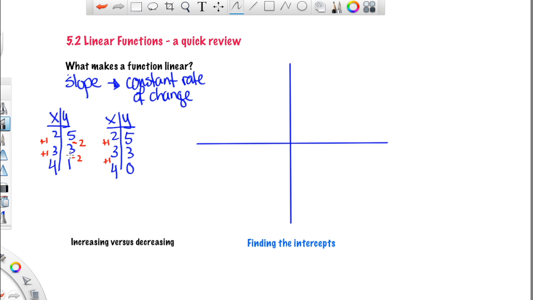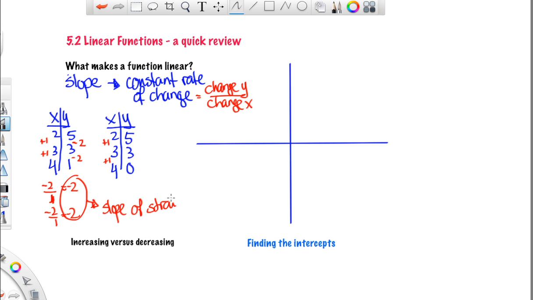So the rate of change is usually done in this way. It is the change in y divided by the change in x. And so the rate of change for both of these is a negative 2 over 1, which is a negative 2, and the same thing for that one. It's a negative 2 over 1, which is a negative 2. So it's a constant rate of change. This is also the slope of the line. This is the slope of the straight line that goes